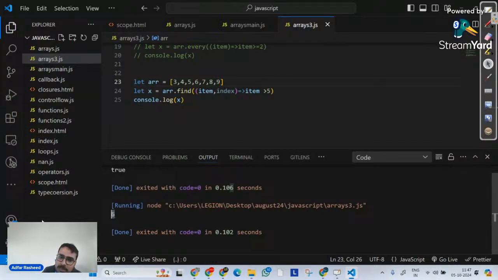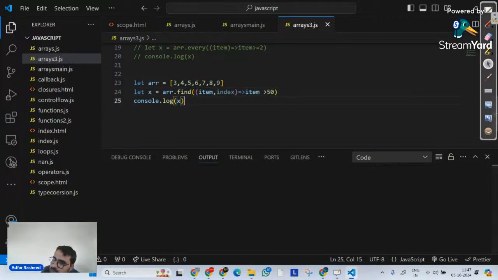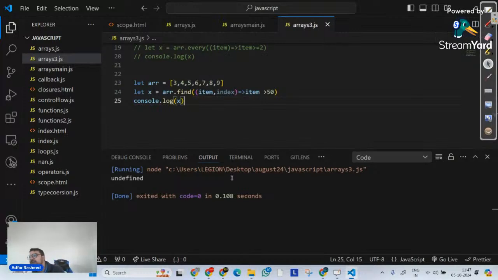And let's suppose there's no element that satisfies the condition. Is there any element that satisfies the condition? In that case, what's it going to return? In this case, since there's no element, it will return undefined. And you can clearly see that. If none of the elements match the satisfying function that you have passed over there, in that particular case, the function that we actually have returns undefined. But if the function is there, function exists, in that particular case, we can clearly understand one very important point, which is it is going to return the value of the first element it matches. Okay, I hope find is also clear.